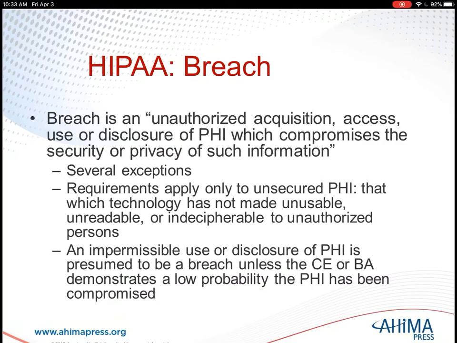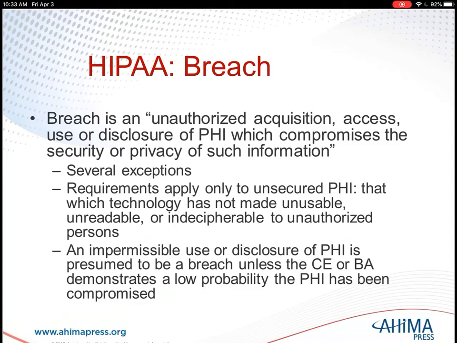And it does not include situations where a workforce member or an individual acting under the covered entity's or business associate's authority unintentionally acquires, accesses, or uses the PHI if it was in good faith. Okay, so be sure to read that section, and it gives you one more example there of one of the